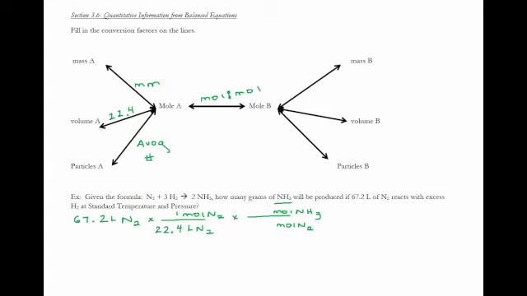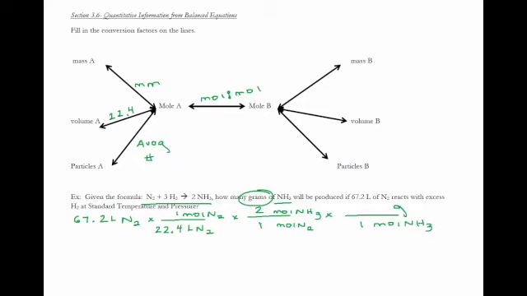For the mole to mole ratio, I simply use the coefficients that are given to me in my balanced reaction. The coefficient for NH3, for ammonia, is 2. So for every 2 moles of ammonia, you're going to have, well, there isn't a coefficient here, so that's going to be 1 mole of nitrogen gas. So now I'm in moles of ammonia. I don't want to be in moles of ammonia, I want to be in grams. So I'm going to go from moles of ammonia, so for every 1 mole of ammonia,